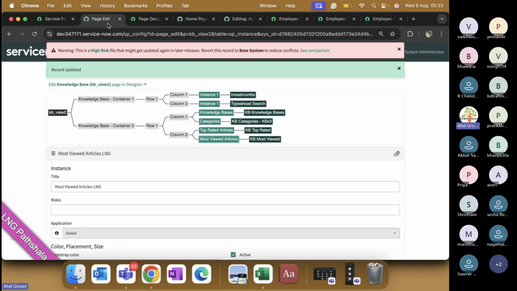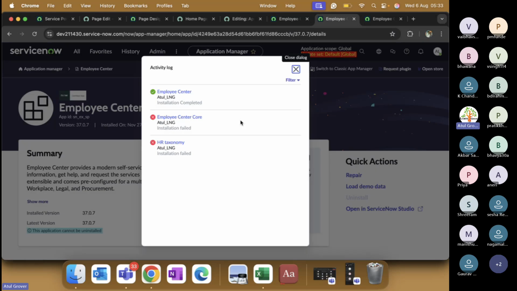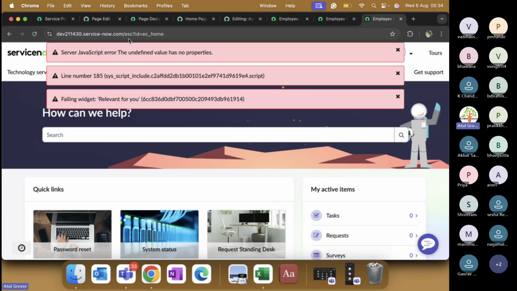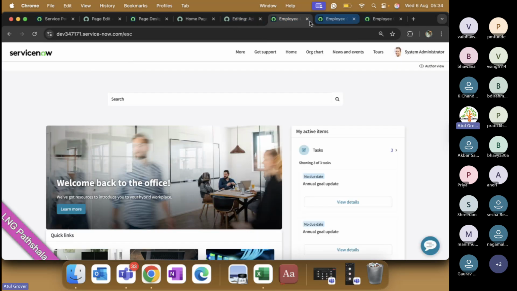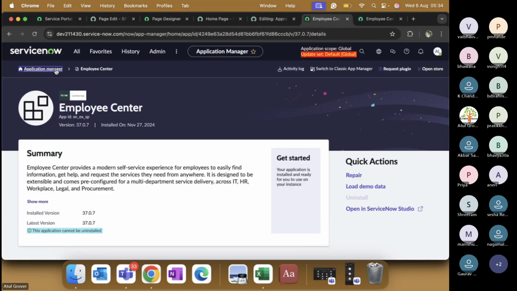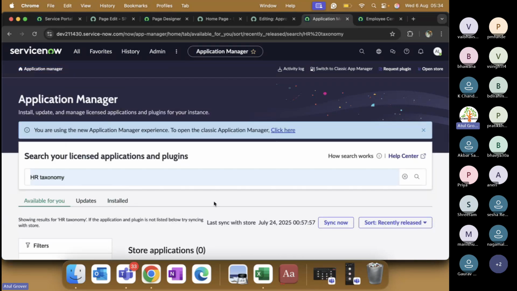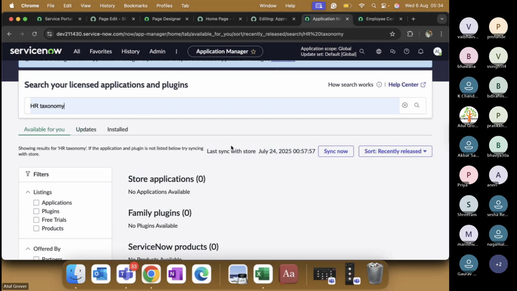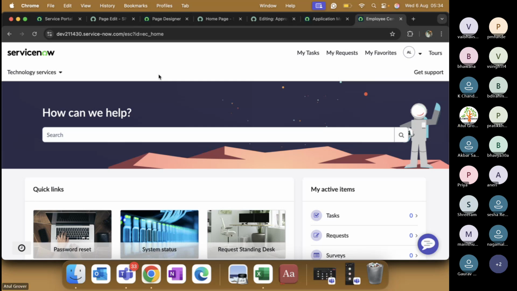Okay, now let's discuss a little bit about the EC portal. So we're using this instance and everything has been installed now. Okay, employee center loaded, but the taxonomy failed, why? Let me reload and see if it works fine. The HR taxonomy should not fail. Okay, now to understand about this, let me go back here